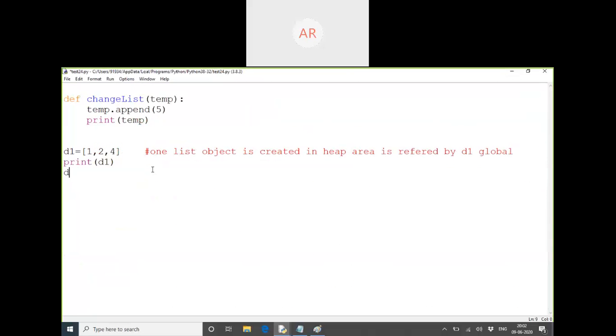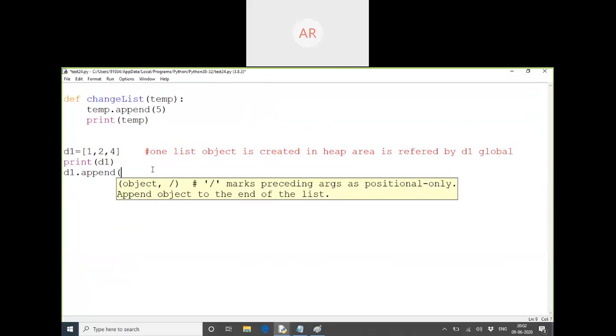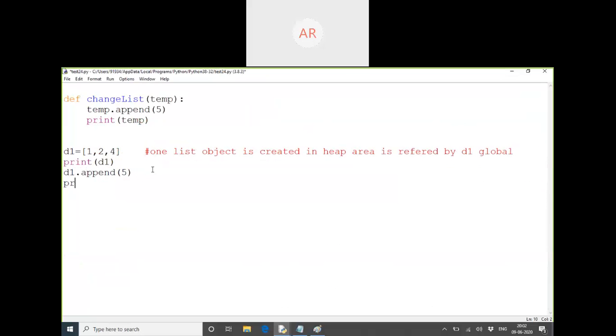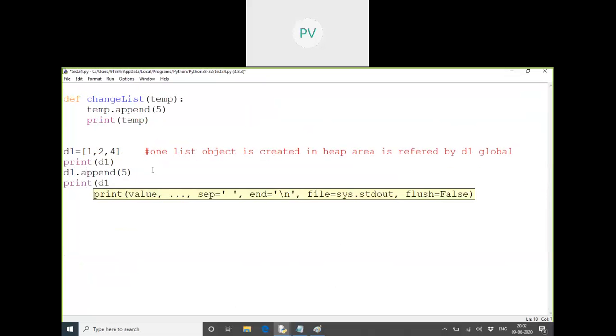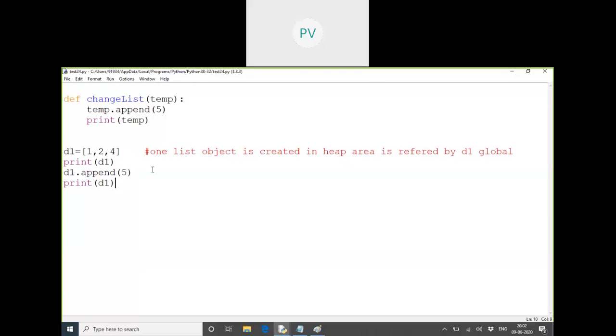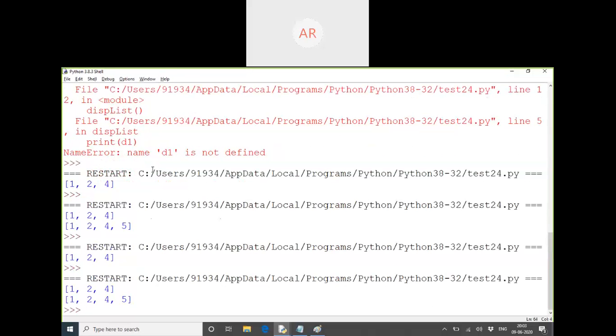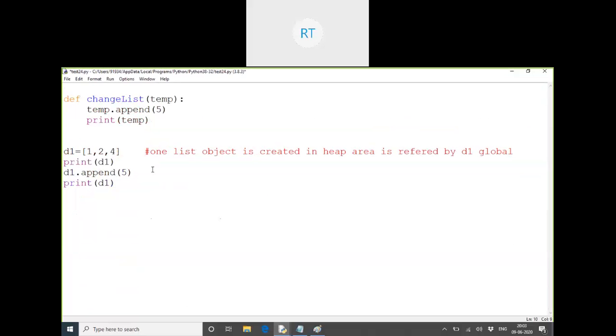Now if I say d1 dot append of 5, then if I print d1, what is the output? 1, 2, 3, 4, 5. Now let me write this.